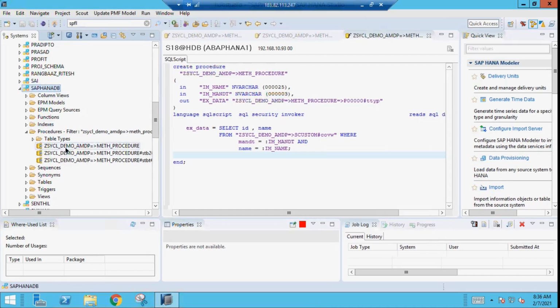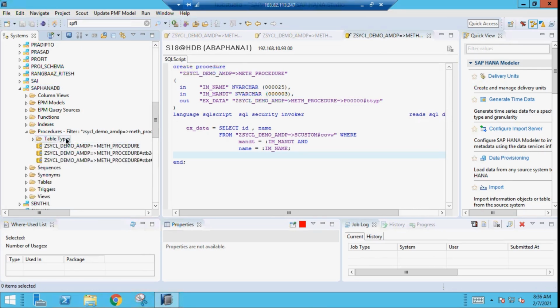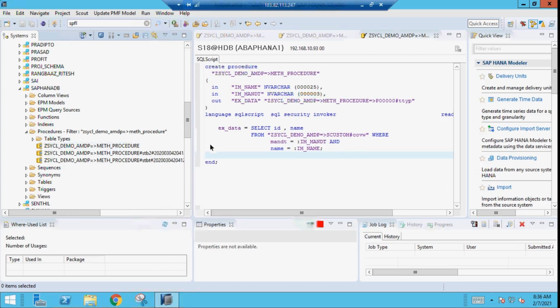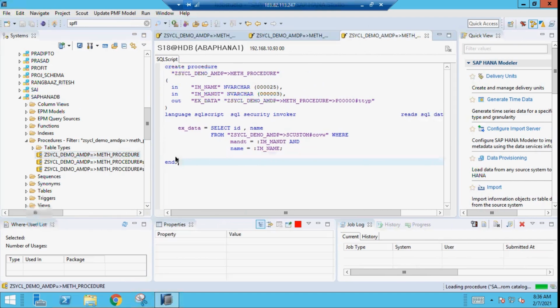And here, if you see, I can see my procedures, and the corresponding table type is also available, which gets created along with this procedure. These are different versions which get created. But as a whole, this is how your database procedures look at the database layer.